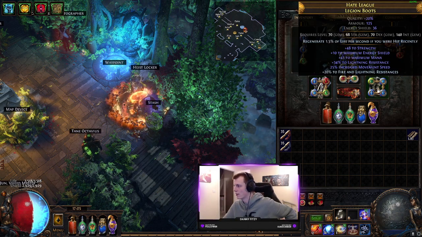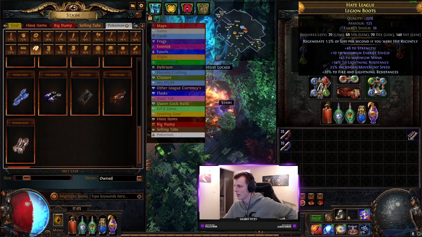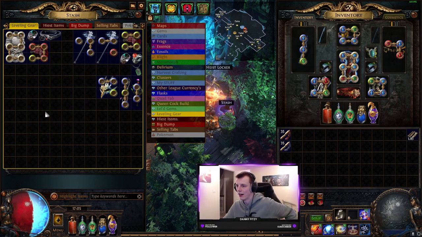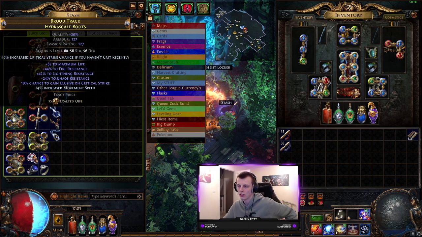Boots are just some generic move speed strength boots that I had lying around with a decent enchant on them. The enchant kind of scales with our defense because we are regen based, but I do have a nice pair of boots here that I'm probably going to throw on at some point, which have life, double resist with a chaos resist,